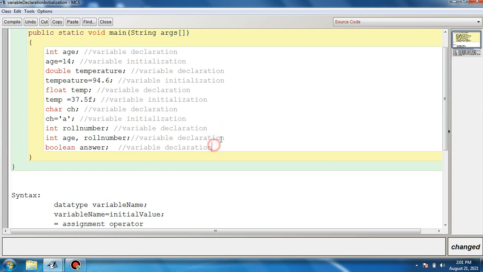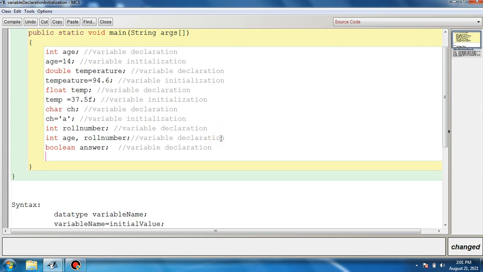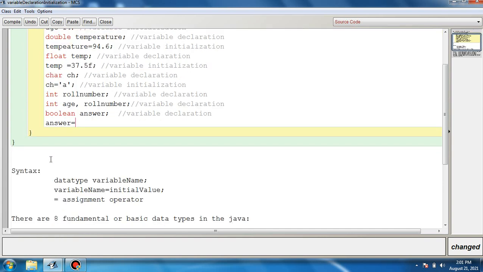To declare a boolean type of value, this is the boolean type of variable answer. Boolean is a data type, so answer is the name of the variable, and we will assign the value using the equal to operator, that is the assignment operator. This equal to symbol is the assignment operator, and here we can assign either false or true followed by the terminator.